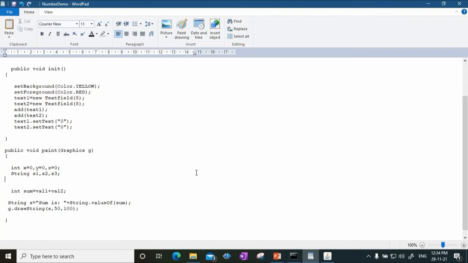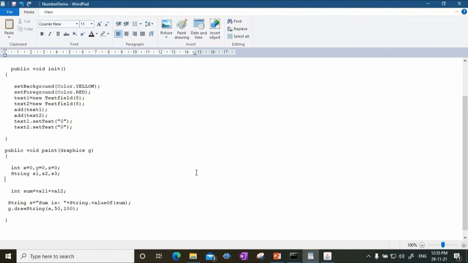The operation will be performed on these converted integers, and then although the answer obtained is an integer, it should be displayed on the applet. So again it should be converted back to string type. So again a wrapper class String will be used and the valueOf method will be used. All this we will do in the paint method.